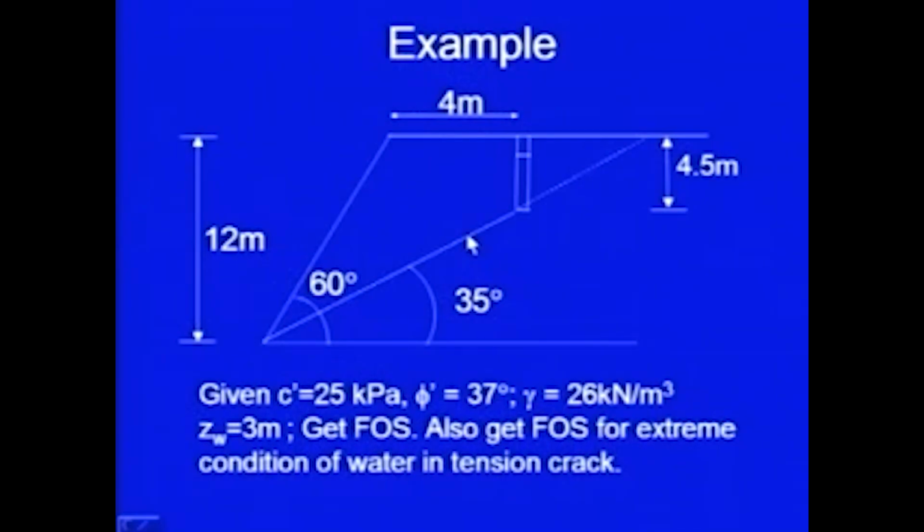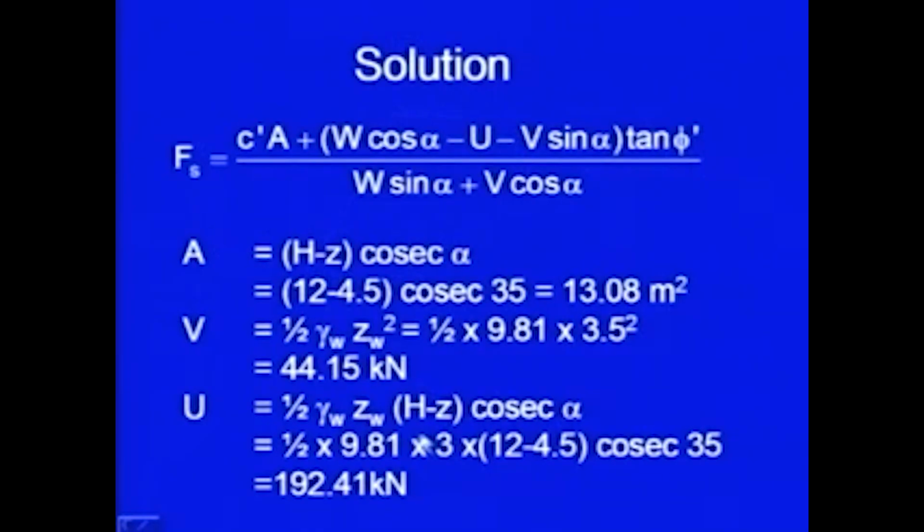U is acting here in this direction, it is acting on the fracture plane, and its direction is normal to the fracture plane. So, it is half 9.81 into 3, value of H is 12, Z is 4.5, cosec of 35, and I get U equal to this much,